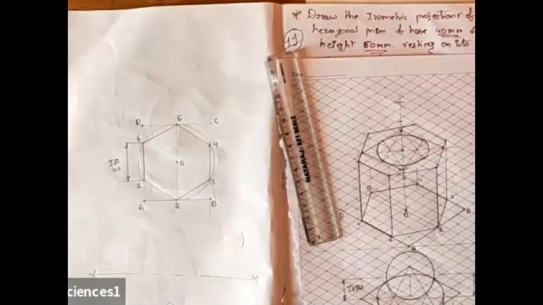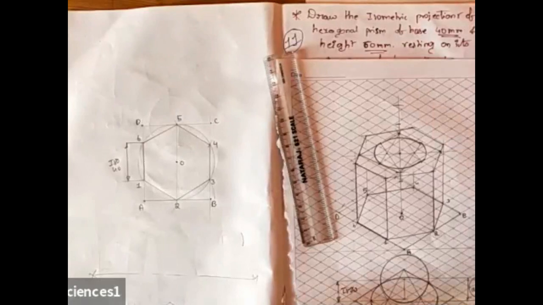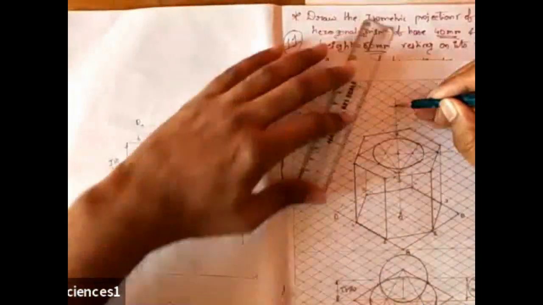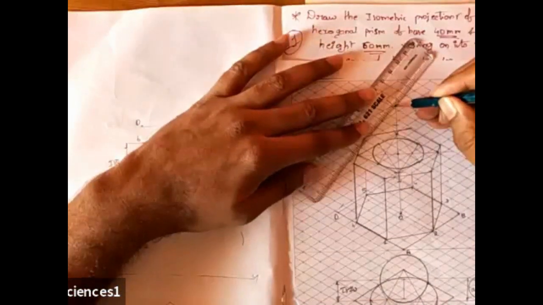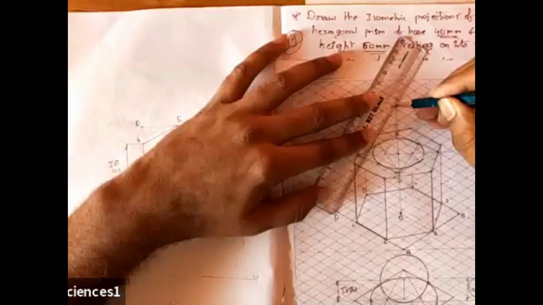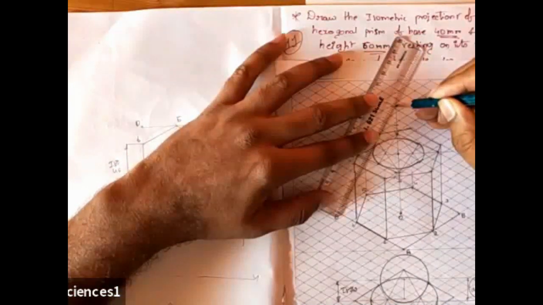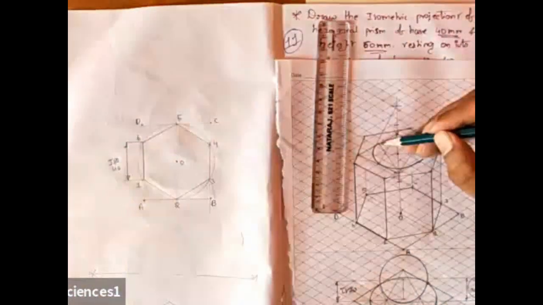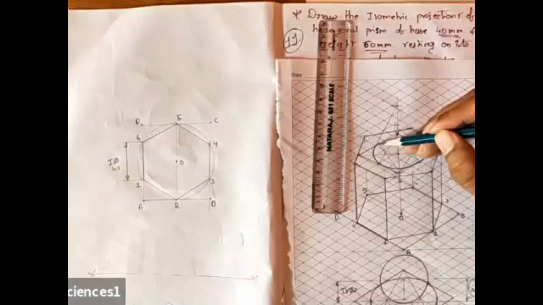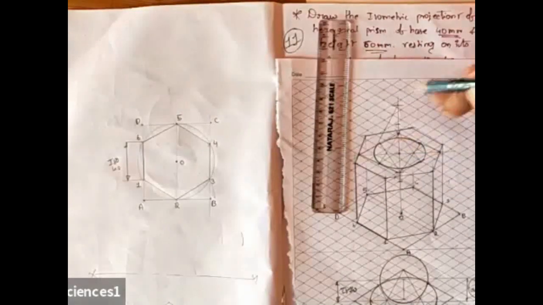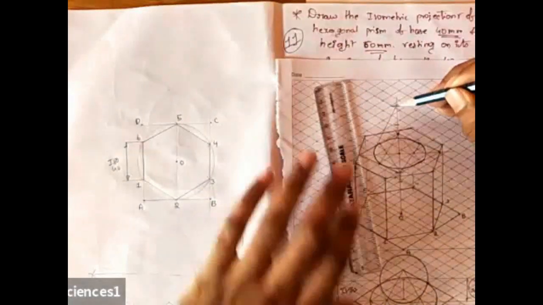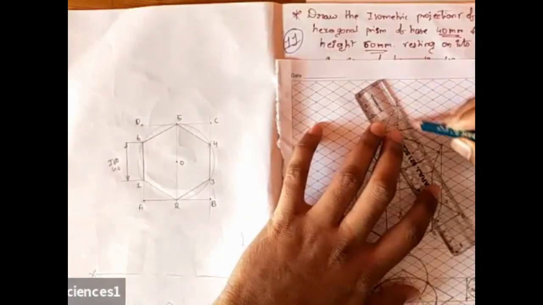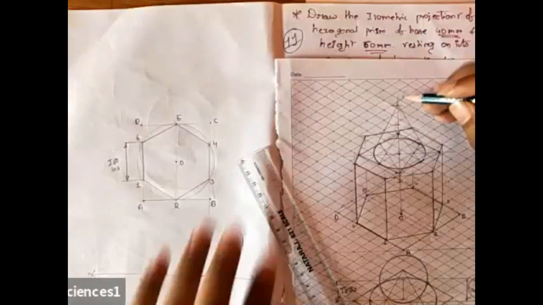So you know that you are supposed to draw a tangent for your cone. So how will you be drawing a tangent? Okay, fix your pencil like this, fix your scale and start moving your scale until it reaches the extreme end of your ellipse. Okay, just join it. You won't be joining it here. This point you are not supposed to join. People have joined till here. You're supposed to draw a tangent. Again, similarly, keep your pencil like this, fix your scale and start moving the scale. You get the extreme end of the ellipse. Join it. So this is the cone.